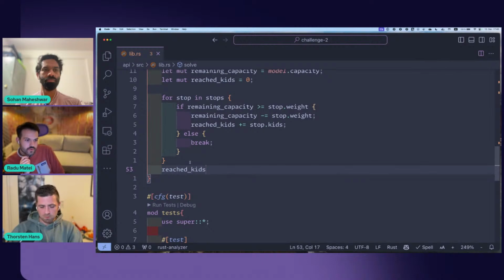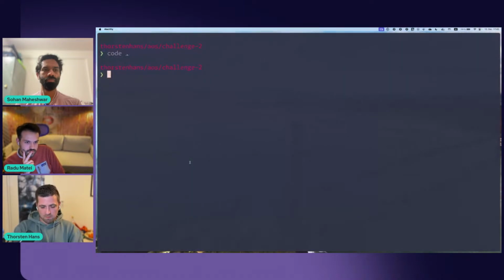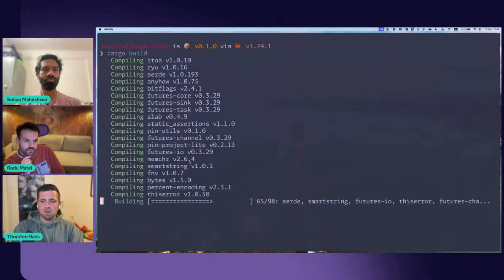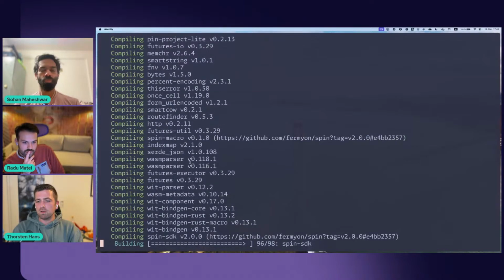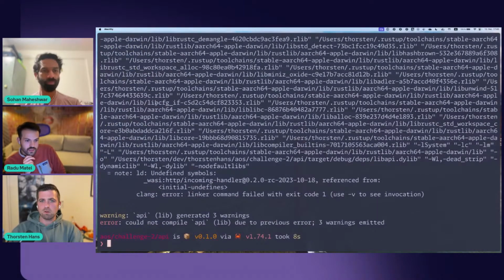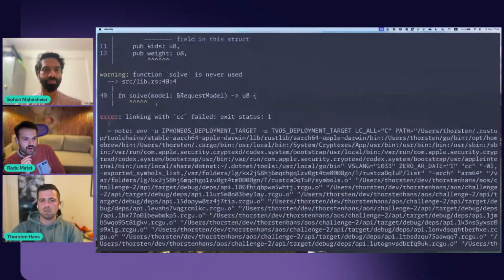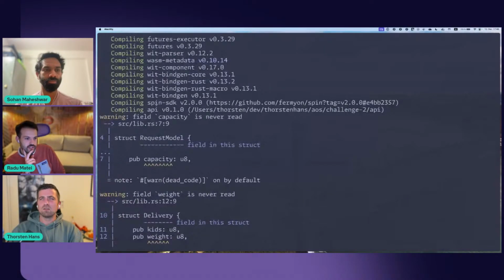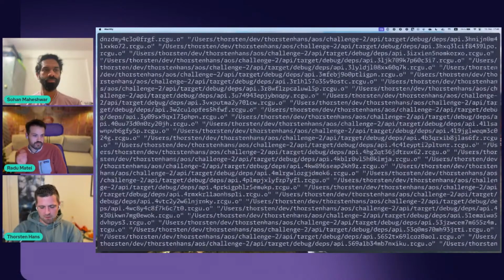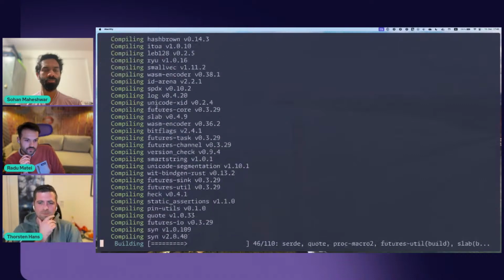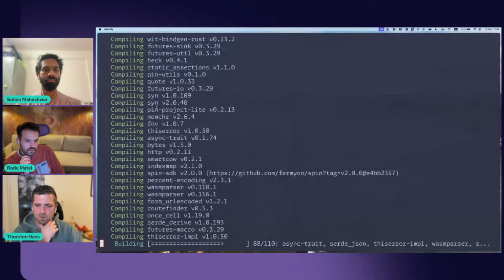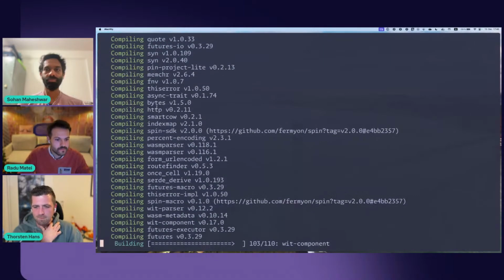So to test this one, let's go back to the folder, to the API folder over here in terminal, and let's do, I think we have to do cargo build first, or at least this, we have to do it at any point, right? Oh, error, could not compile. Yeah, cargo build will default to attempting to compile your current target, which is... Yeah, you're right. No. Let's do a spin build over here. And now it compiles it for the correct platform, right?